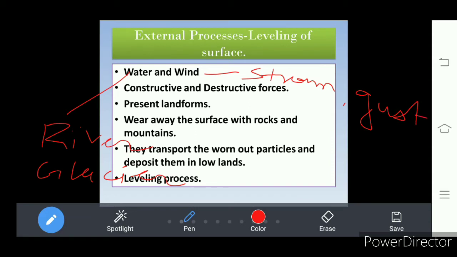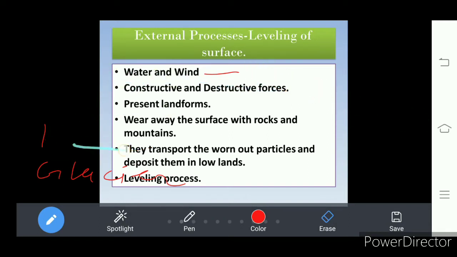What is the form? Storm and gust. See, these are the other forms of the wind, storm and gust. River and glacier are also other forms of the water. So water and wind change the existing landforms, so we call them constructive and destructive forces, and they work on the present